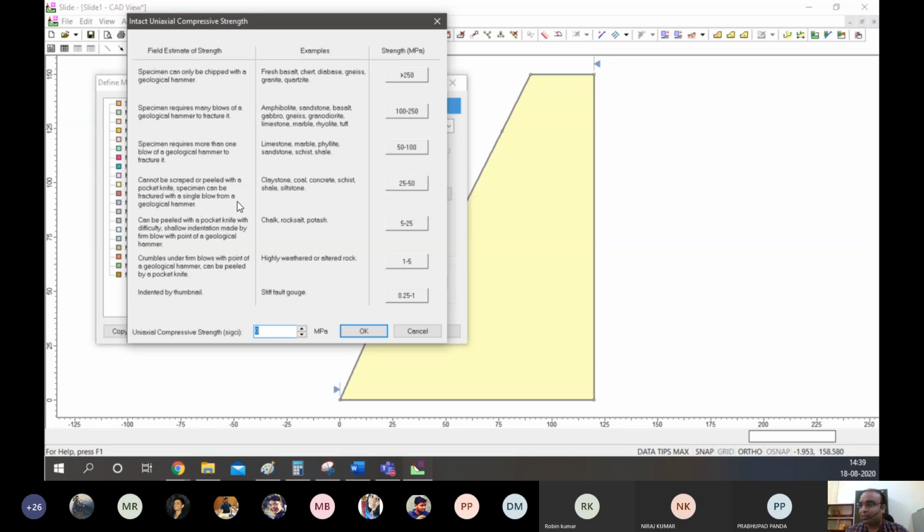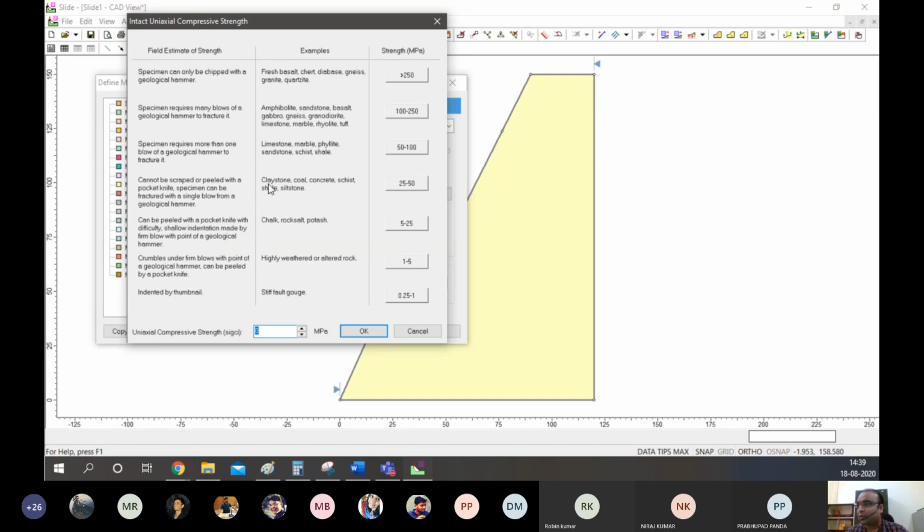They translate into some strengths in megapascals. Even for specific stones, they have given what kind of strength to expect: chalk, rock salt, potash, sandstone, limestone at 50 to 100 megapascals, and so on. So they have given various kinds of strength.